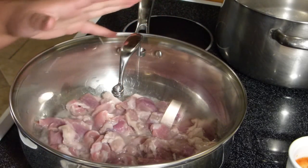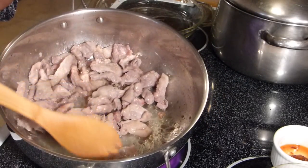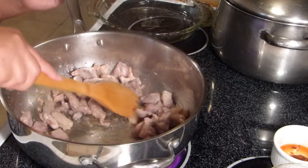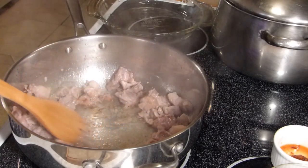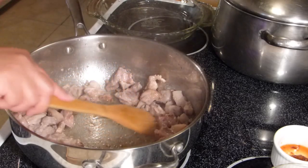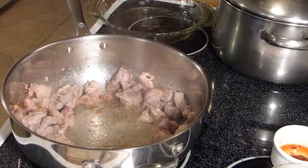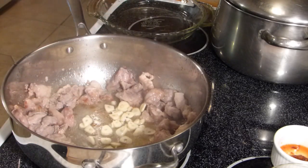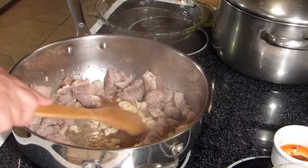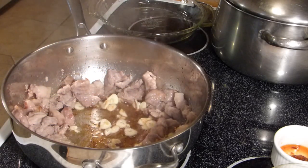Put a lid and okay. As you can see, there's no more water in there. That's just the fat of the meat that's been rendered. Now we are going to push all the meat aside, and we are going to add our garlic. The garlic is getting aromatic. Now we are going to add